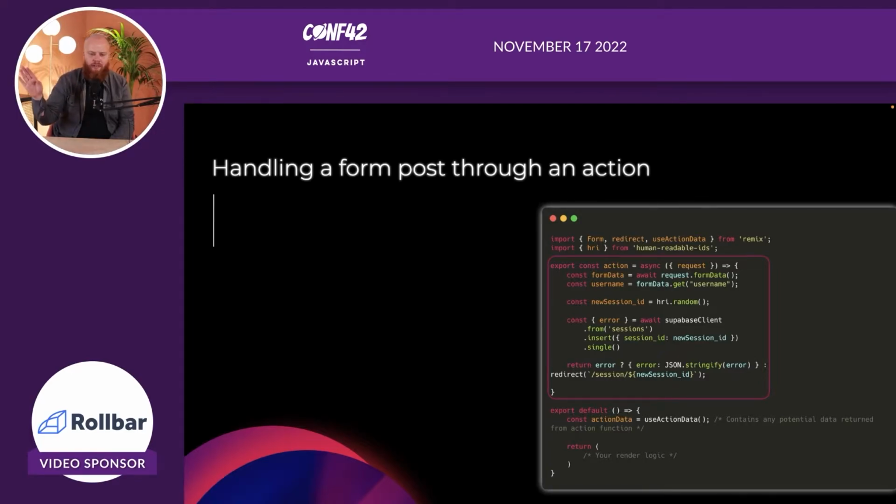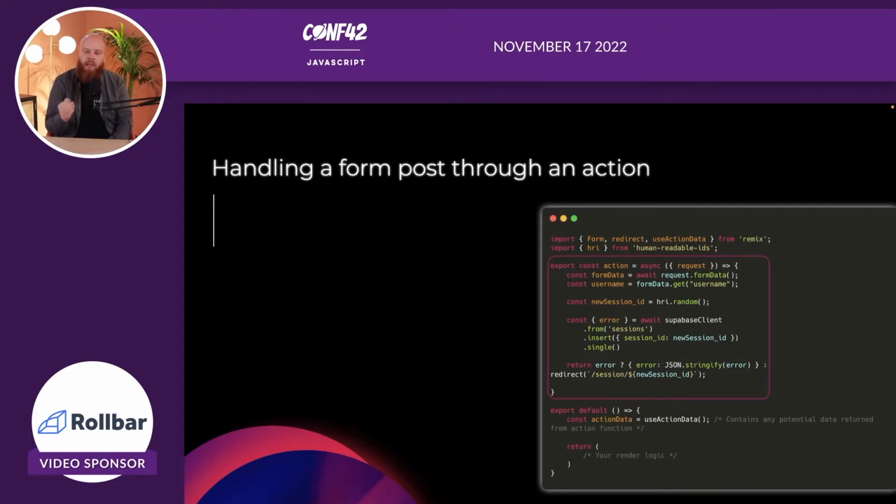And what's just important for you to know is that Supabase client is just an SDK by Supabase that allows you to talk with your database. So here we say, okay, go to sessions, insert a new session with this session ID, and then something cool happens. So what we do is say, okay, we need to return something from this function, always. So what we could return is a redirect, which we import from Remix, and that does exactly what you think. It just redirects the page to whatever you want. So in our case, that might be nice to redirect to /session/new session ID.